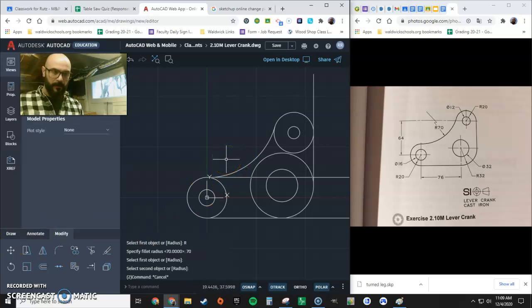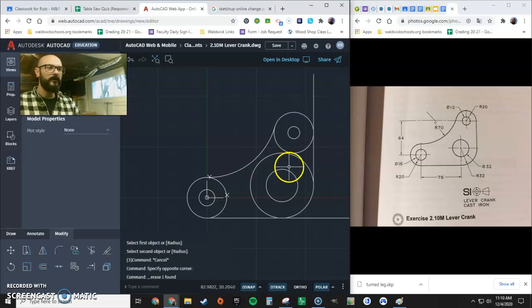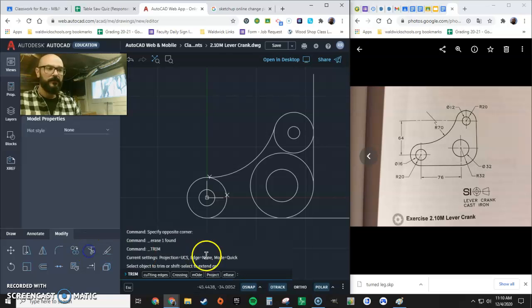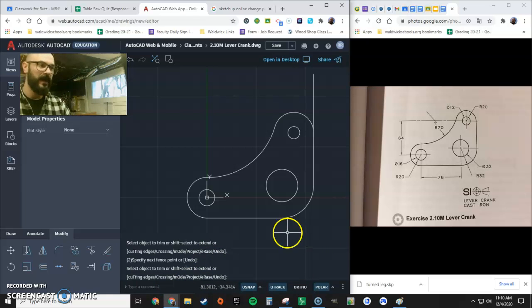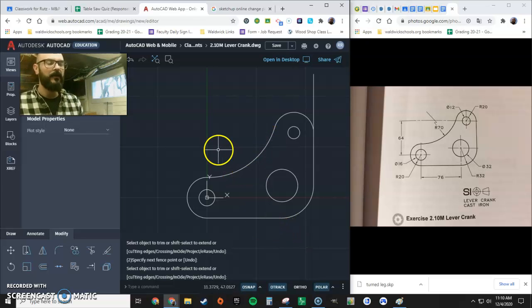So now I'm pressing escape just to make sure you can see command cancel, just to make sure I have no other tools selected. And now what I want to do is clean this up so it actually looks like my object. I'm going to use the trim tool, and I'm going to trim any lines that I don't see in my drawing. Looks good. Confirm. You can do that with enter. And now I have the outline of my object drawn. That's part one. Part two is going to be the